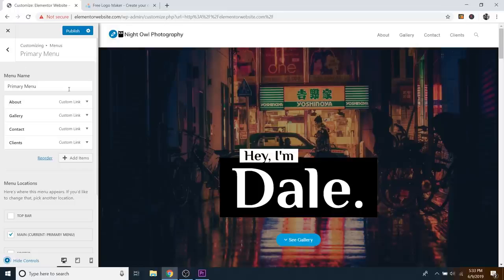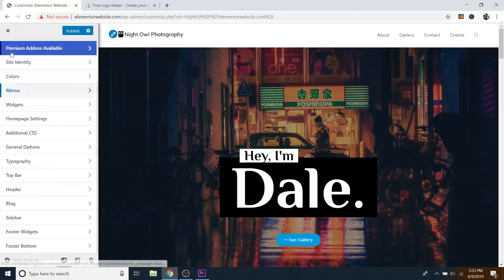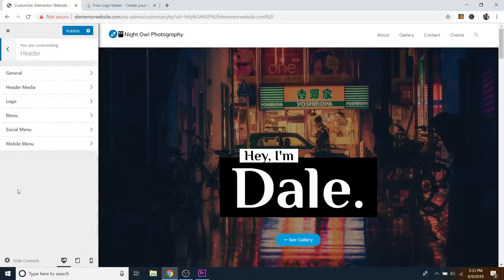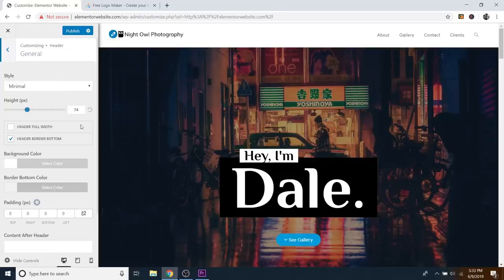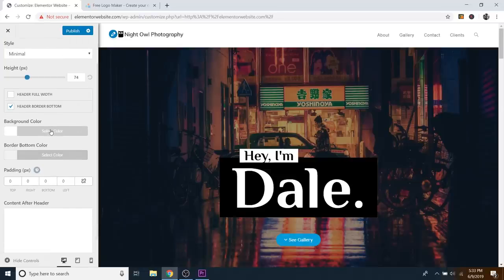And before we do that, while I'm here, I was just going to show you how to change this header color. So we can just go to the back button and then back one more time, and then just go down to header, and then just go to general, and then you can select the background color right here, or you can even change the styles. Right now it's at minimal. You could do transparent,